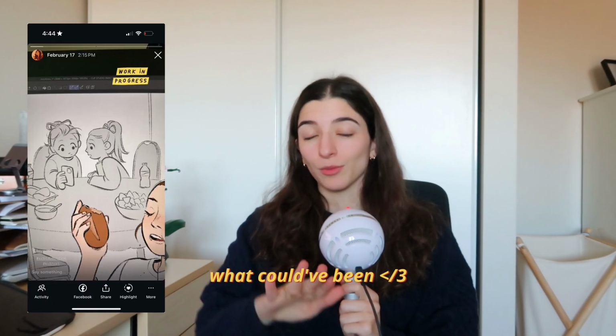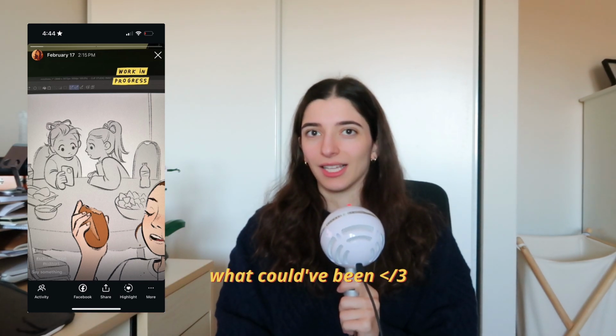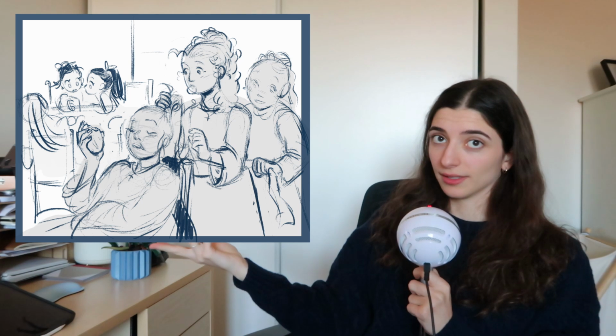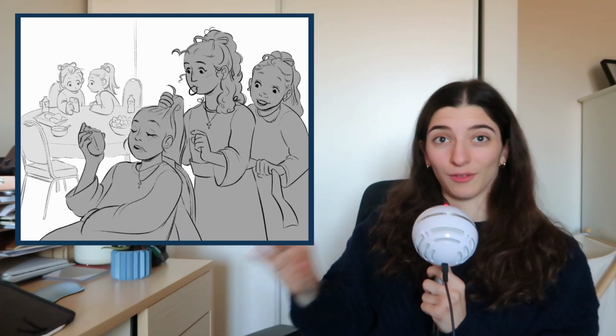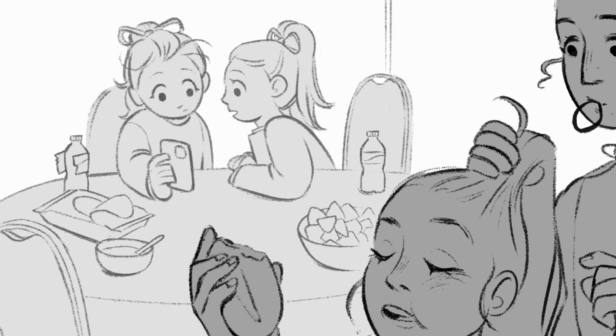The stage I was at before my computer exploded was I was done line art and I had already moved on to color. Like, flats were in. I was in the process of shading the characters and lost all of that. So what I did have was this sketch that I had sent to friends for feedback. I also had this, which was the final line art with gray tones, just to separate the foreground from the background. I had also lowered the opacity of the line art in the back to make it more readable.